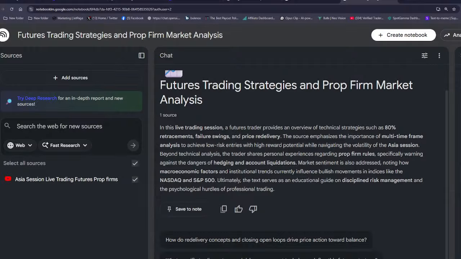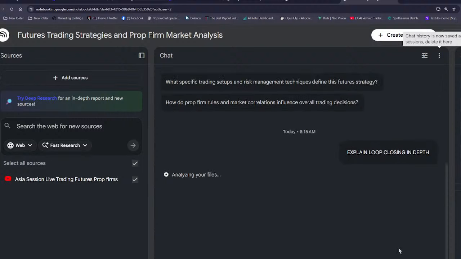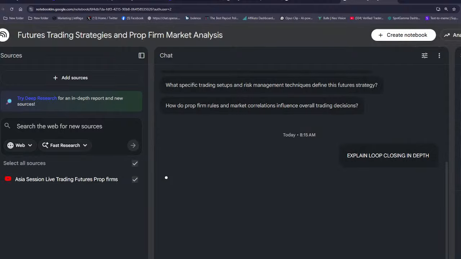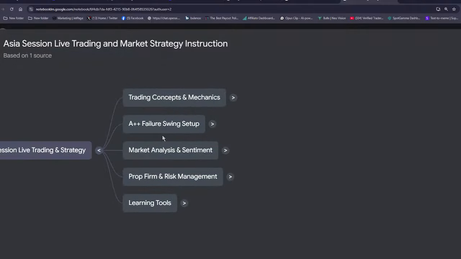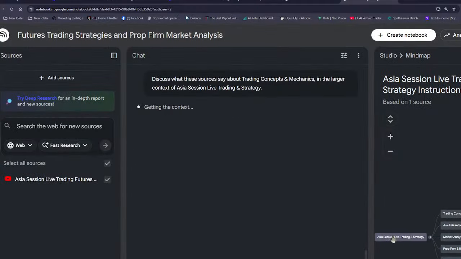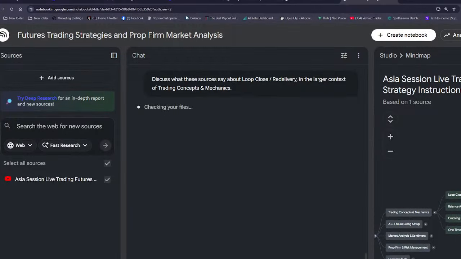So let's say you wanted to know more about something I talked about. You just ask, explain loop closing depth. And then I think you can go into here and do the same thing. So there's the failure swing setup that I was just talking about. Yeah, you go loop close, redelivery, and then I think